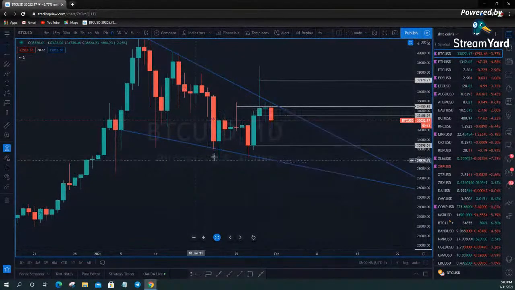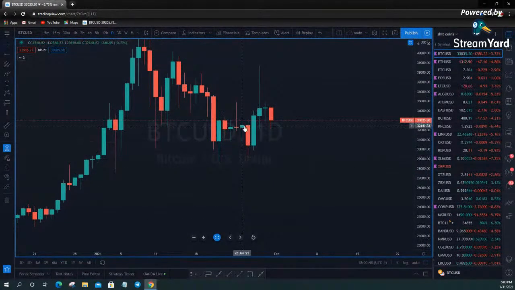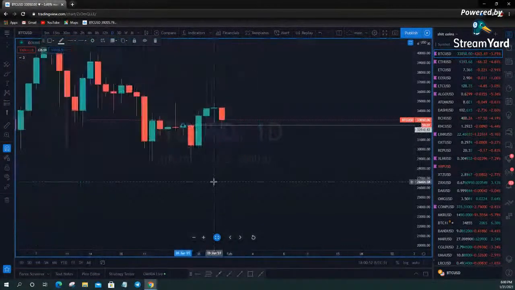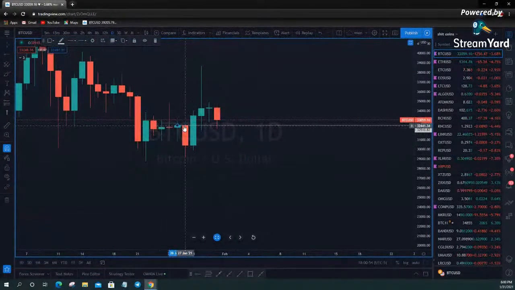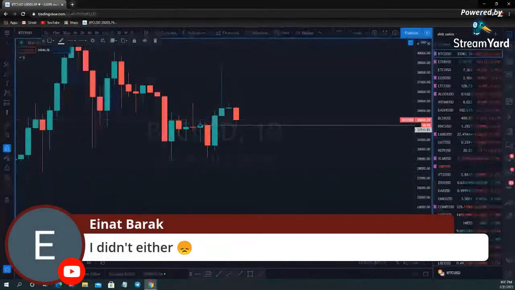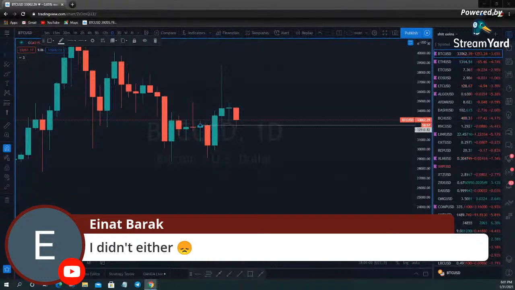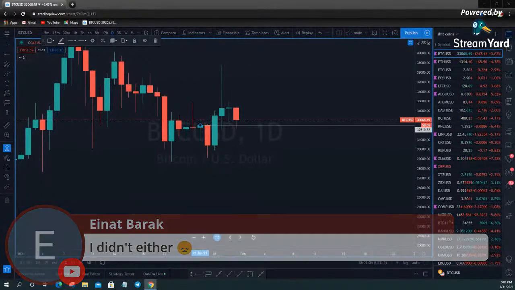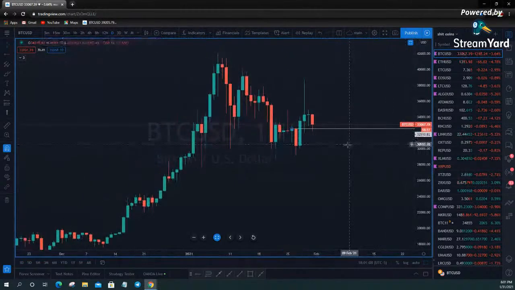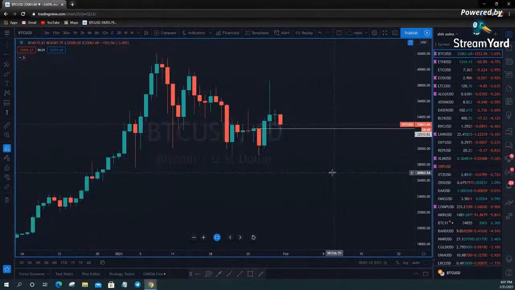Let's get rid of all the lines and start over. It looks good. It's testing this area here as support, which is a good area to look for support. You can clearly see those candle bodies and structures. It still looks good. I'm not stressing Bitcoin. I'm a buyer of Bitcoin, so lower prices, in my opinion, are better.